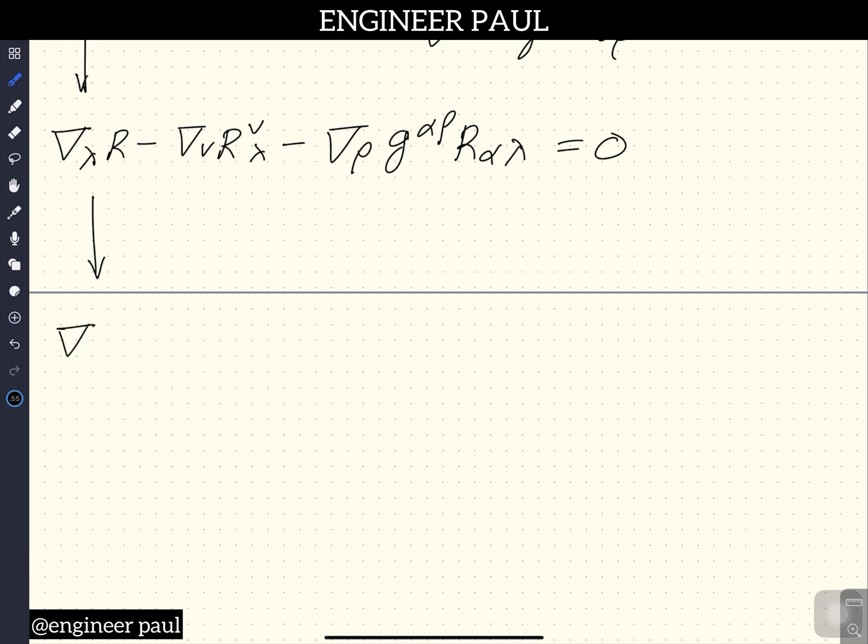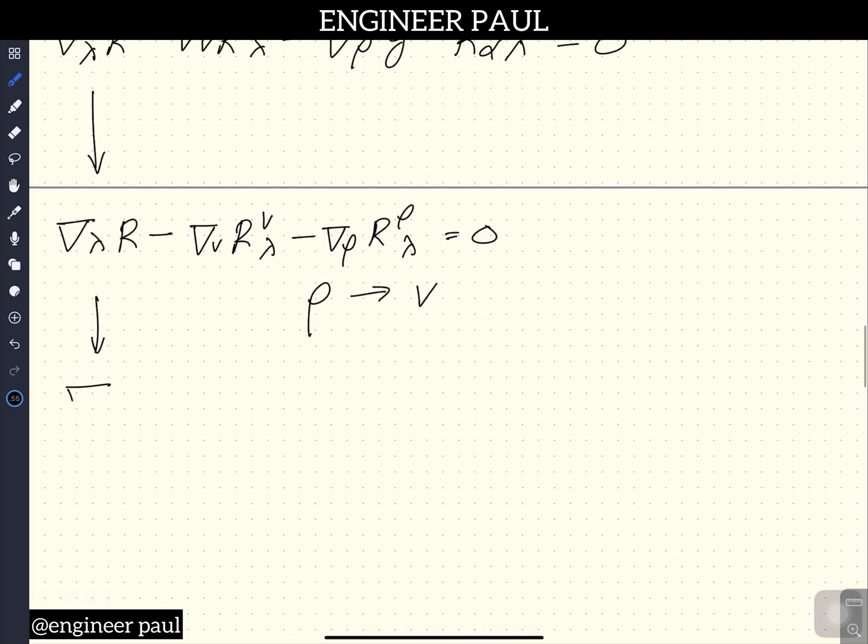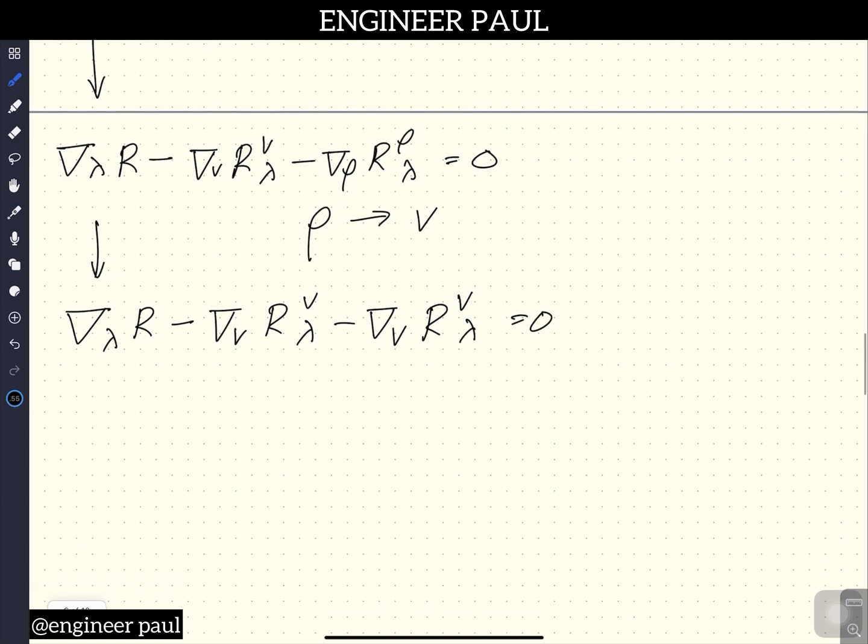This equation will become the covariant derivative of the Ricci scalar minus the covariant derivative of the Ricci tensor nu lambda minus the covariant derivative of the Ricci tensor rho lambda is equal to 0. But since this is just a dummy index rho, we can replace our rho index with the nu index. Thus, we have the covariant derivative of the Ricci scalar minus covariant derivative of the Ricci tensor minus covariant derivative of the Ricci tensor is equal to 0. Thus, ito ay magiging equal sa 2. Okay, so meron kang